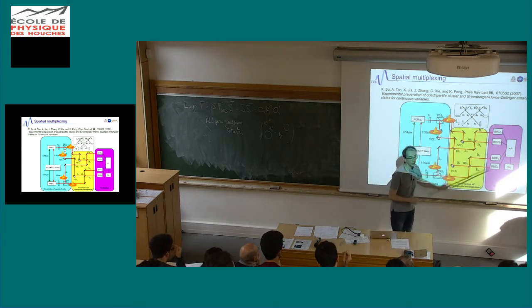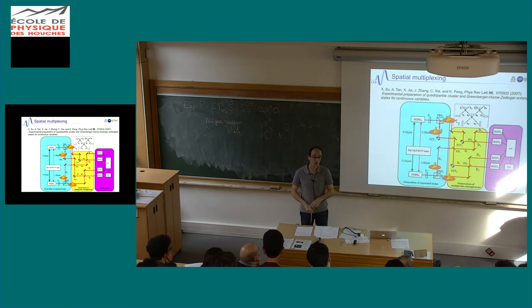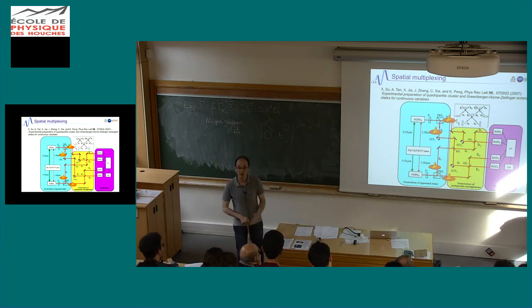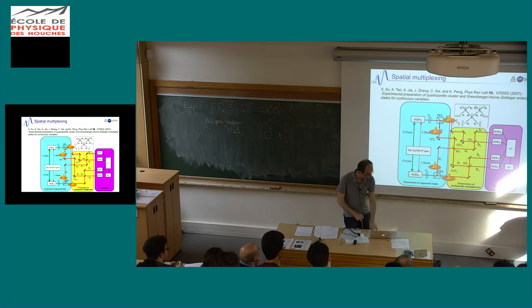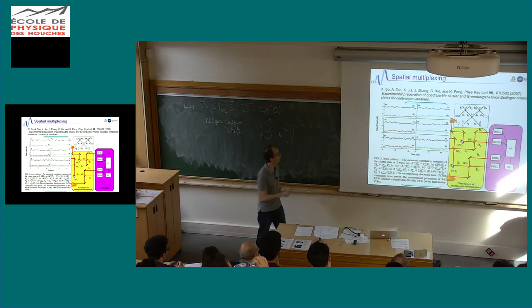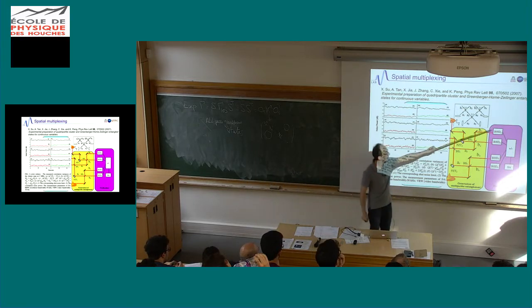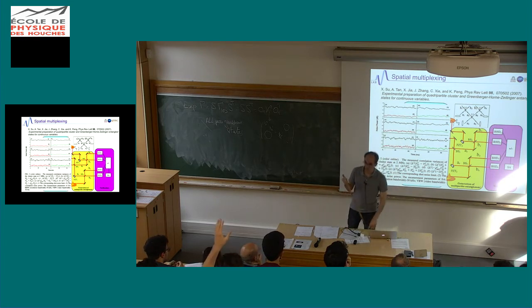And then they do homodyne detection to characterize the covariance matrix, because with homodyne detection you can measure variances, so you can access the covariance matrix and check that it corresponds to the state you want. Okay, and they measure this kind of thing, the kind of curves you see in this kind of paper. You see these curves when they do sum and difference in the homodyne and they compare to the vacuum. Each time the black line is the vacuum noise of your homodyne, and this displays squeezing, so it shows you that you are in the quantum regime.